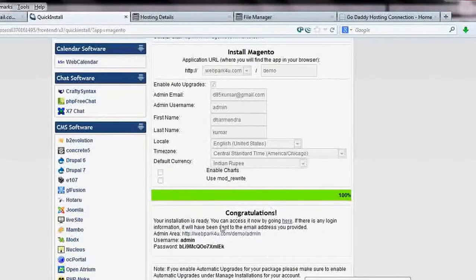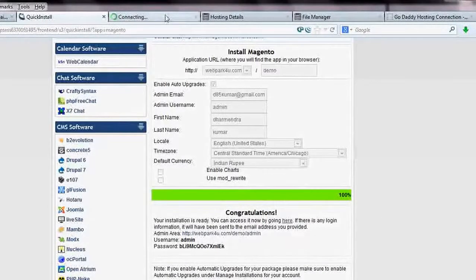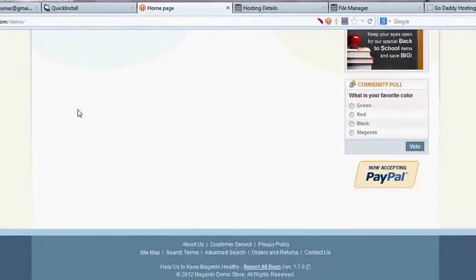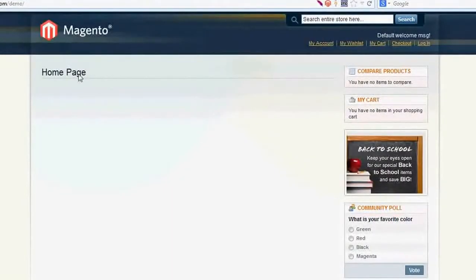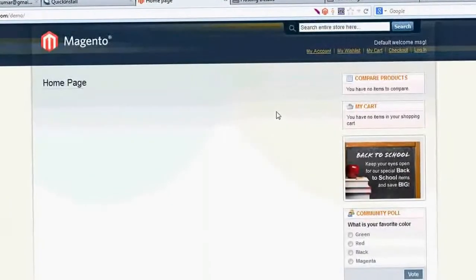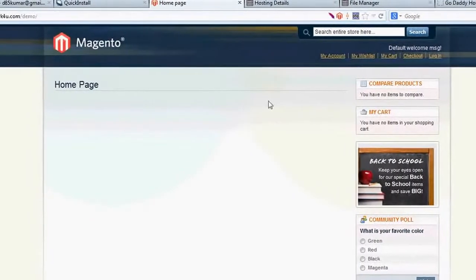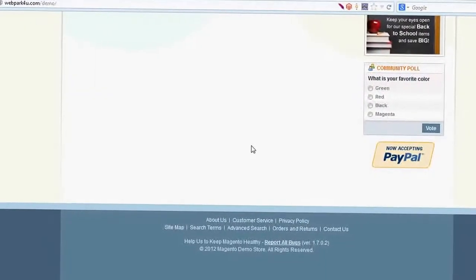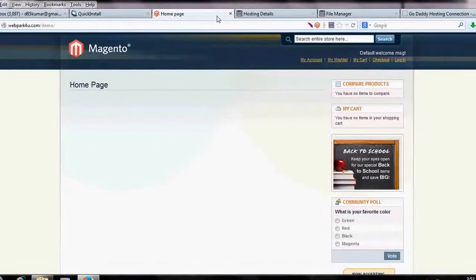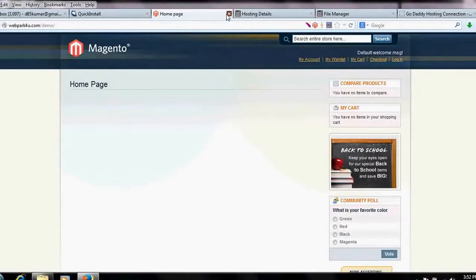Okay, now my Magento Commerce is installed, but it is without sample data. So you would find a blank place. Okay, let's see. I can access it by clicking here. Yeah, see, the Magento engine is installed. But you find here a blank space because you have not uploaded the sample data, sample cart, all those things which you need to run an e-commerce website. So you now have to install the sample data.